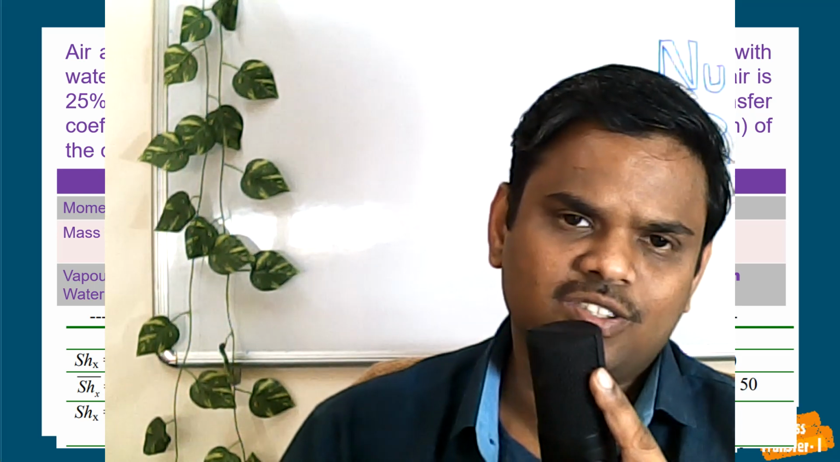What is Ca1 and Ca2? Ca1 is Pa1 by RT, Ca2 is Pa2 by RT. Both partial pressures can be determined from the vapor pressure data given. So partial pressures are